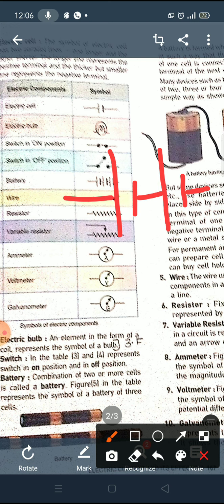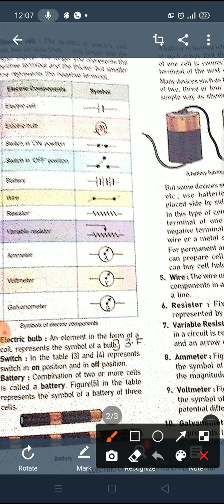Okay, and if we are attaching two or three cells, more than two cells, then we can do it like that. Okay, understood? Here one small line will come. I am showing you again. You see how I am showing you. See, wait.